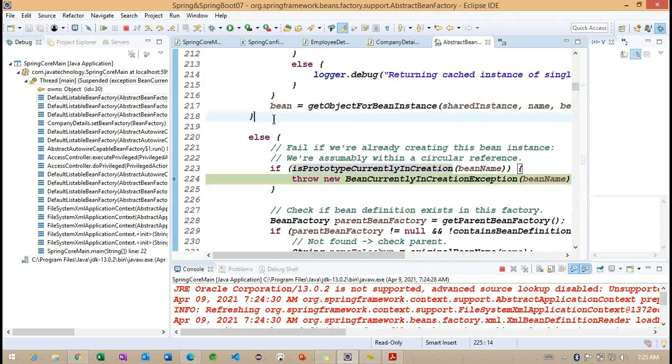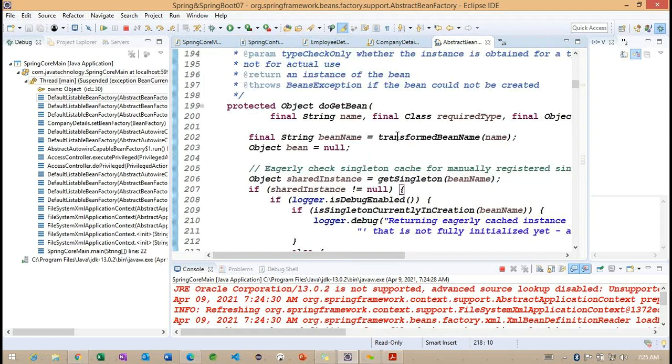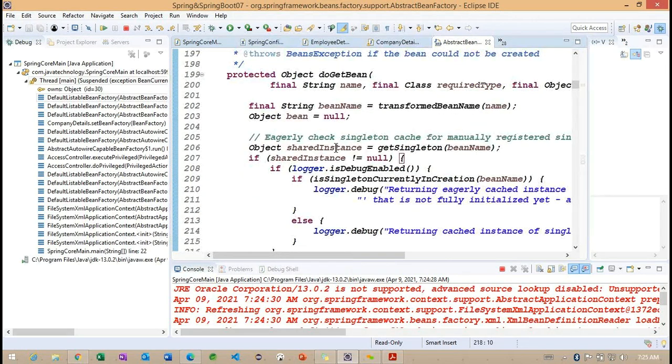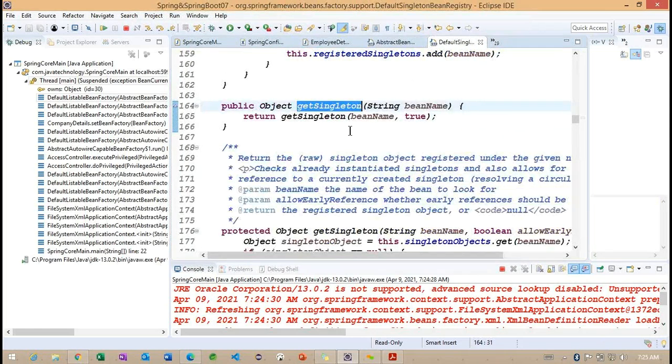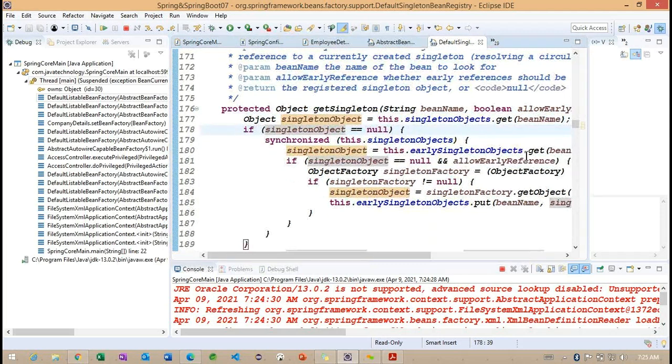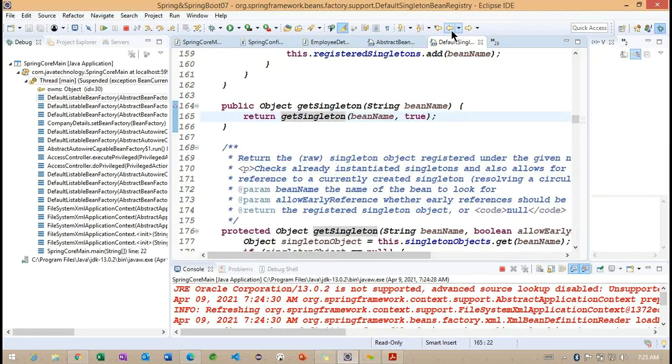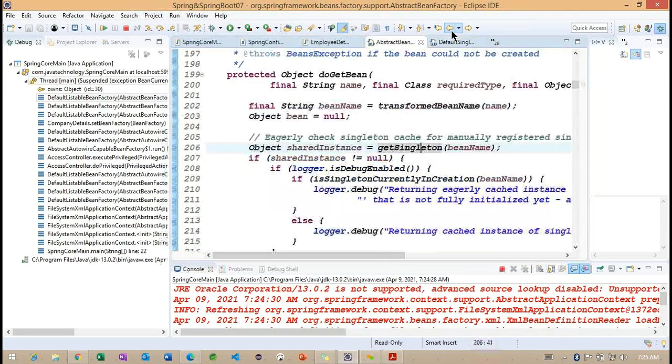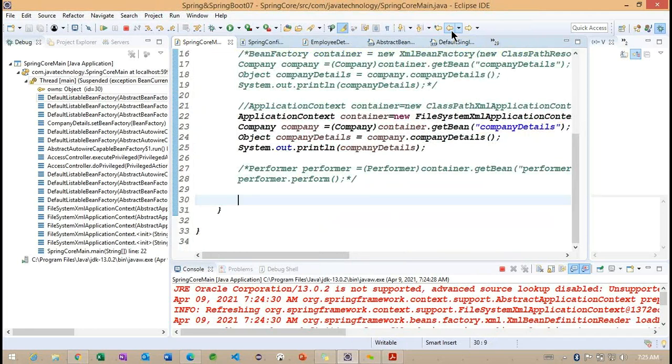Now, why is this particular condition failing? So singleton object from the bean. Spring itself is throwing an exception here because of this particular condition.